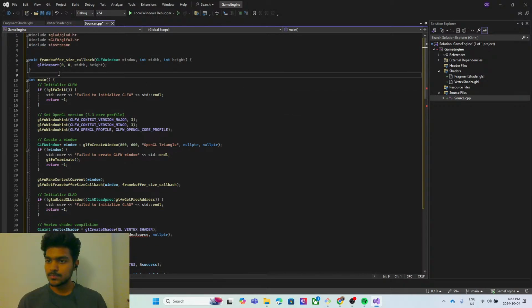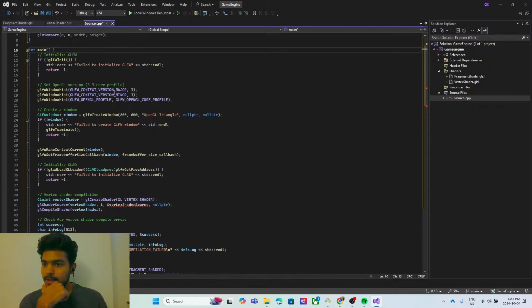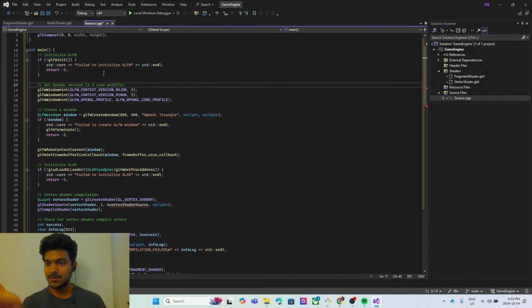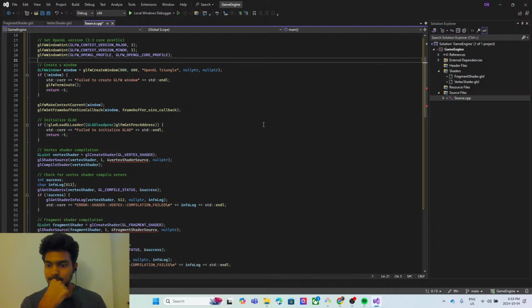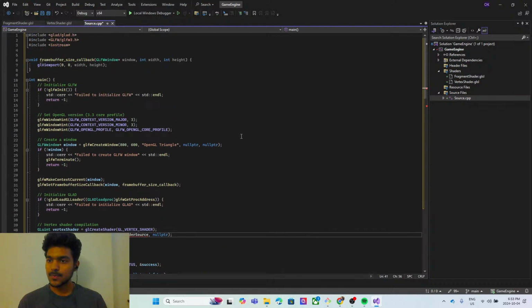Okay, so what is this? This is frame buffer size callback. You can see. Then there's a main function which initializes, checks initialization of GLFW. If not, then it will just return. After that, these are some settings of the window for GLFW. Okay, so this is asking for me the vertex shader source, so we'll just include